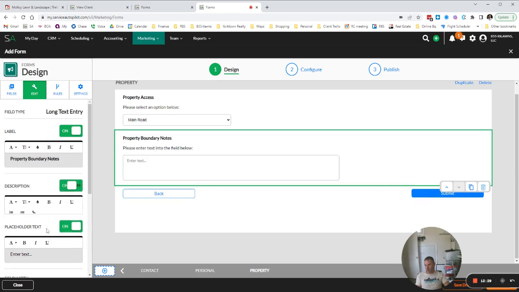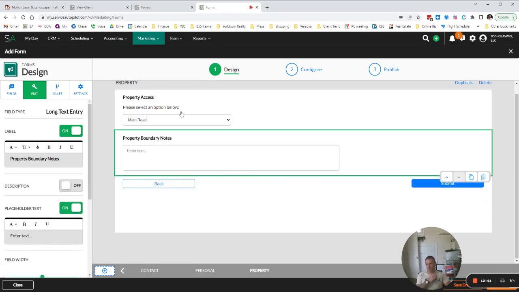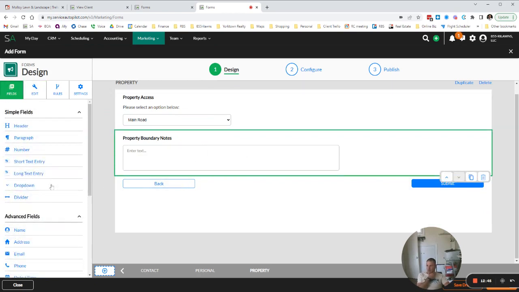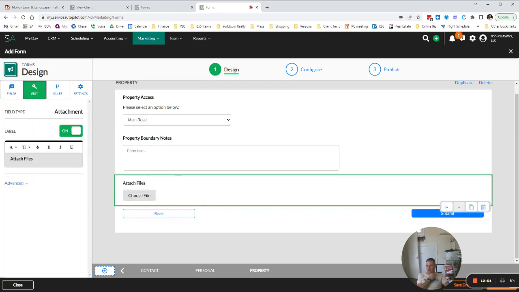I might want to put some details in here. Left, rear, left. Think on that again. I'll go back to this and edit it as we go. So property boundary notes. And then the other good big thing here is going to add a place for a photo attachment. So here I'm going to say,